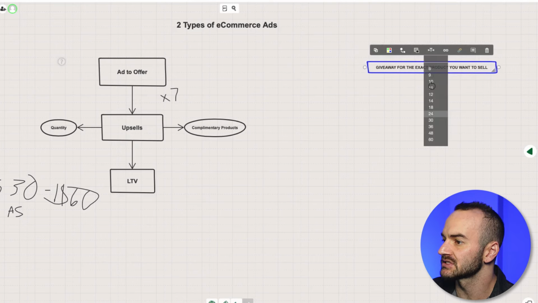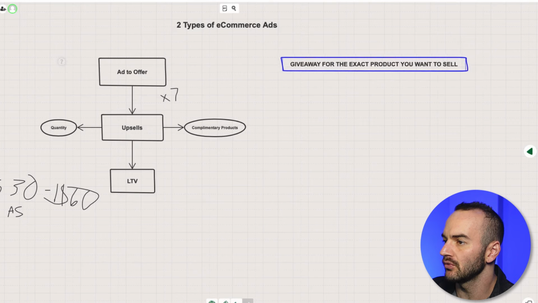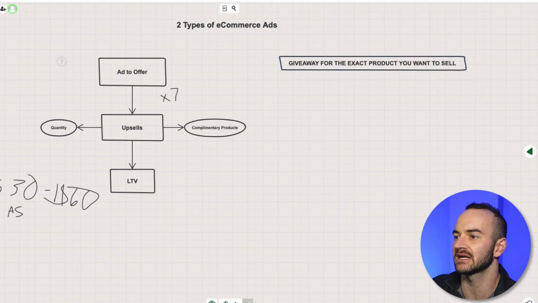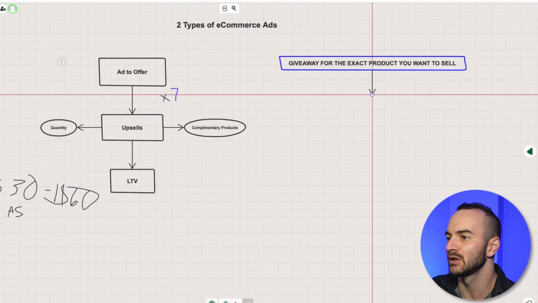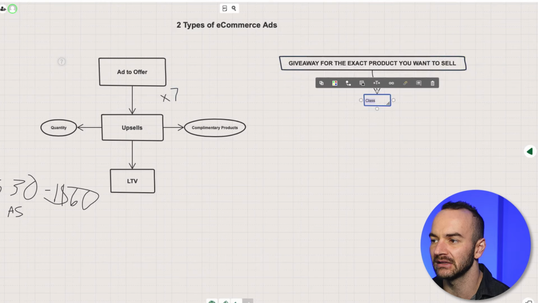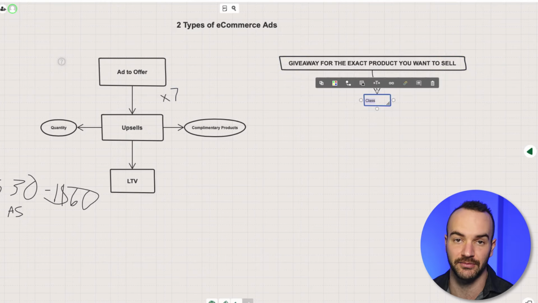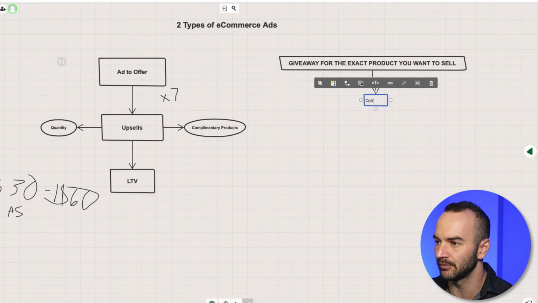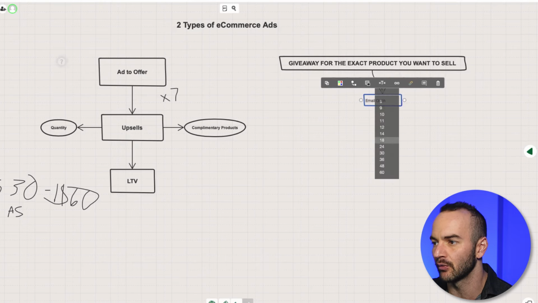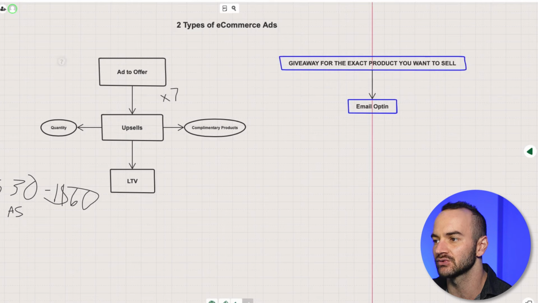And this works because the only people who will give you their contact info and take the time of day to enter are people who at least want your product to some degree. All right. Now, there are plenty of people that will enter your giveaway and say, look, if I want it for free, cool. Otherwise, I wouldn't buy it. But that's fine, because what we're going to do